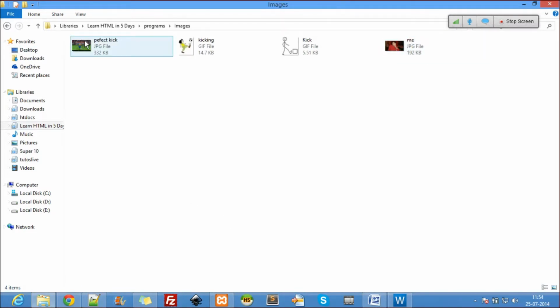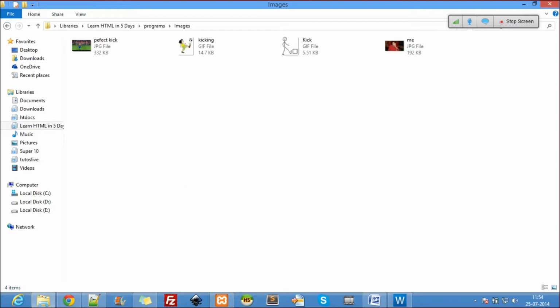Now you can point out this is a jpg file, this is a gif file, this is a gif file, and this is again a jpg file. So images are also of different types. Everything on top is an image, but behind that they are different types of files.